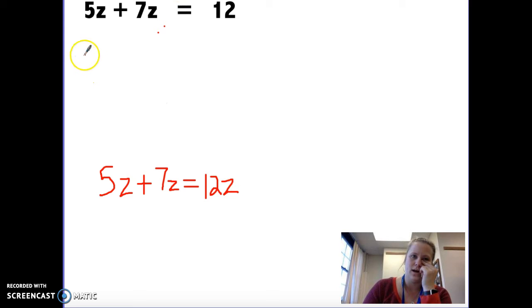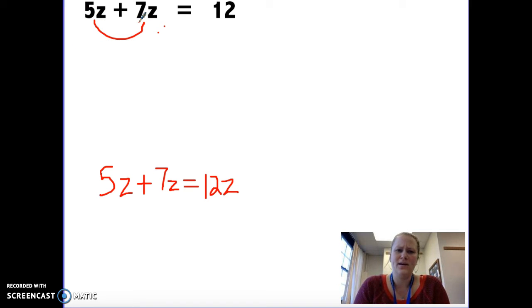I'm trying real hard to explain this to you because it's kind of weird, because you think, oh, it's 5 times z plus 7 times z. But if you just put them both together, because they both have the variable attached to it, then it's okay, all right? So it's 12z,